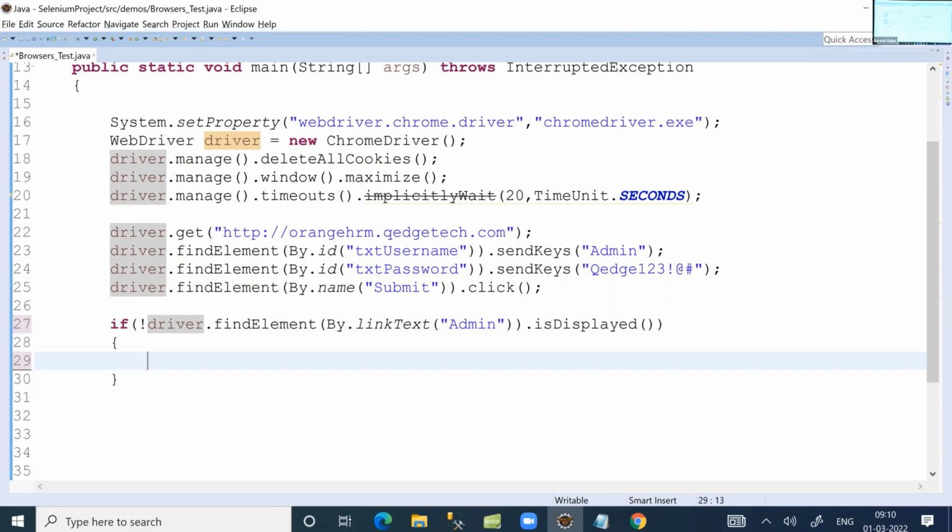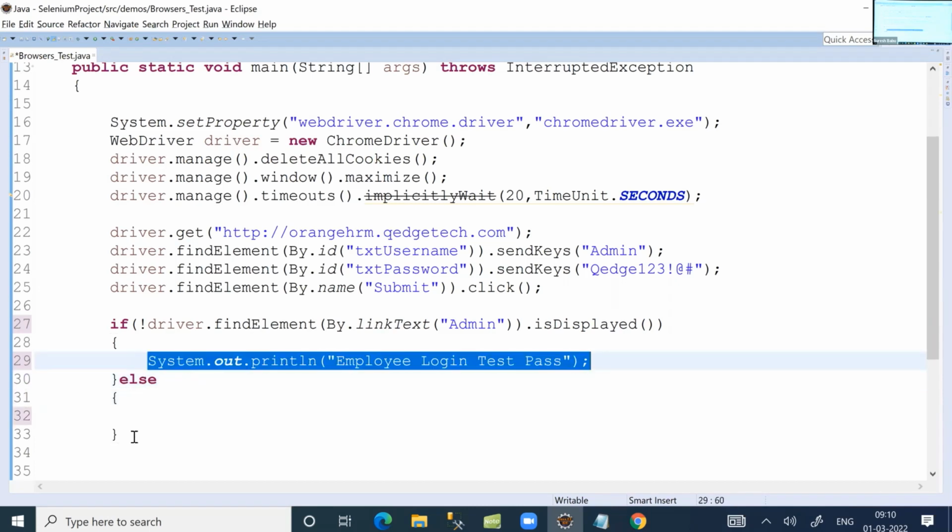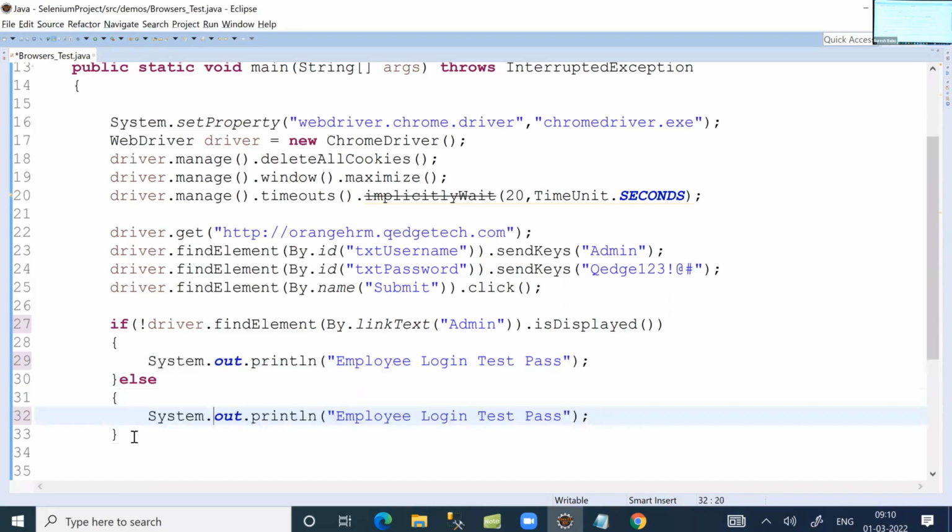Finally, print that the admin link is not displayed in the page. Yes, it is the employee module. In the employee login test case, if really admin is displayed, it's not the employee module, it's the admin module, correct? Then I'm printing